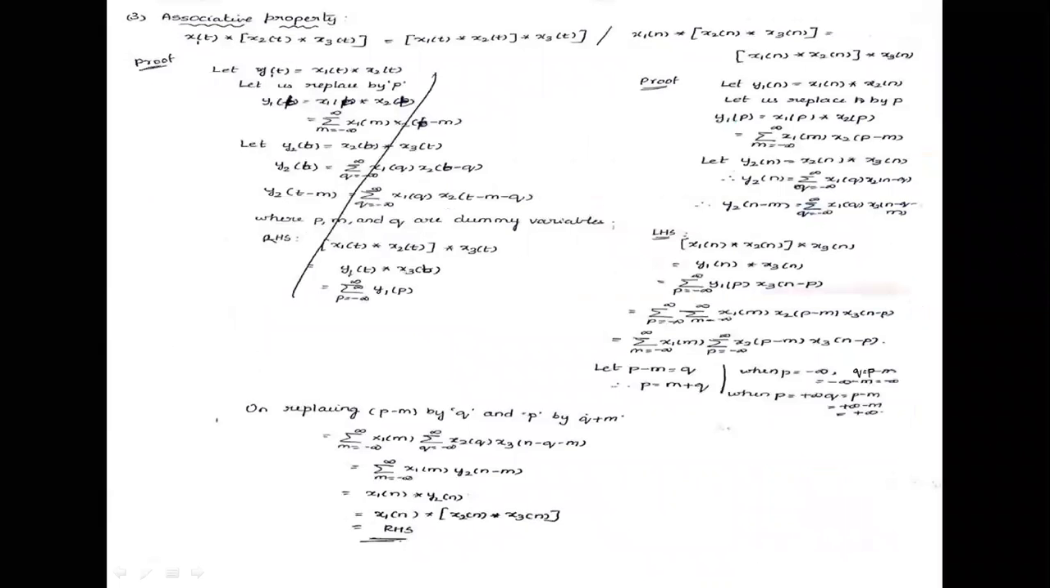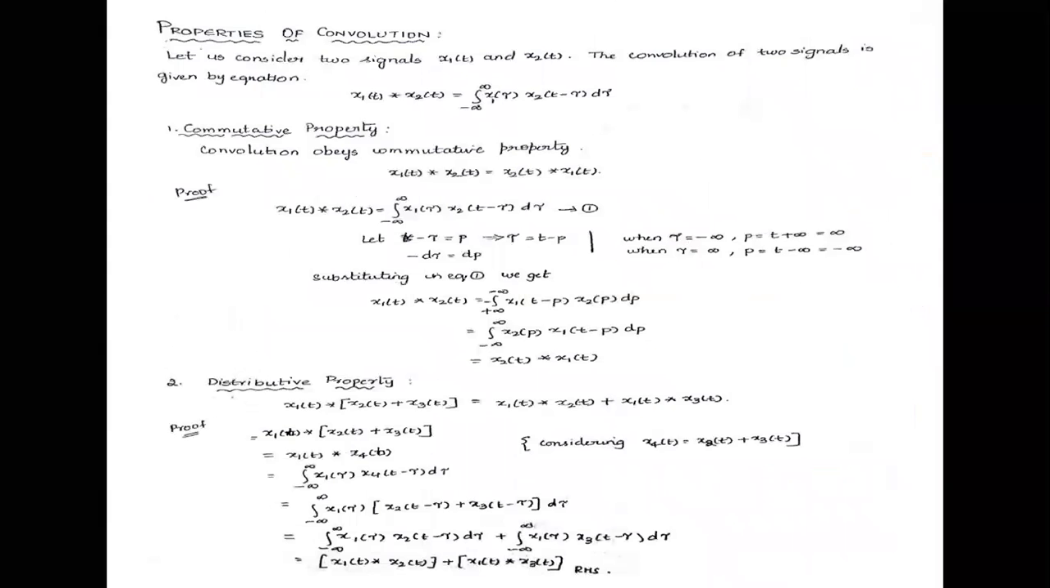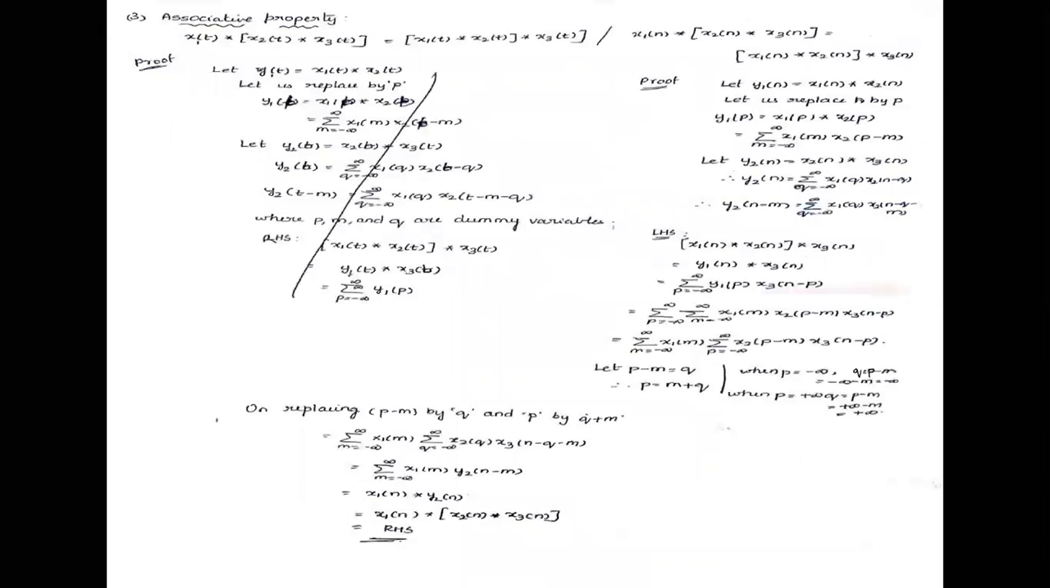Okay, total is 7 properties. First is the commutative property, second is the distributive property, and the associative property. A little bit complicated, but you have to practice, my dear students. Two or three times you can practice, then you will get the associative property, then the shifting property,